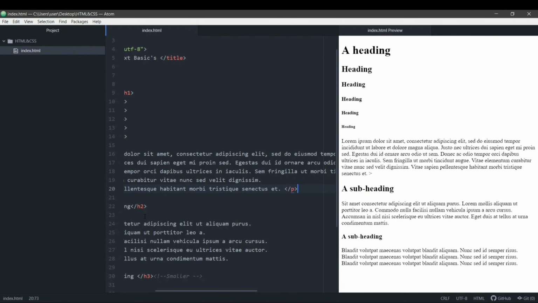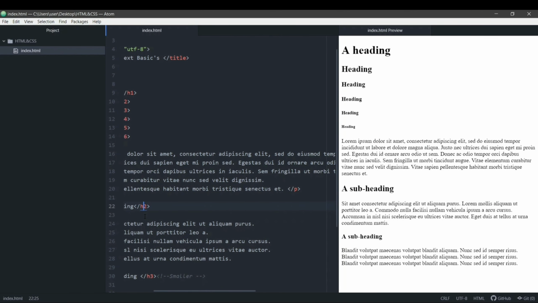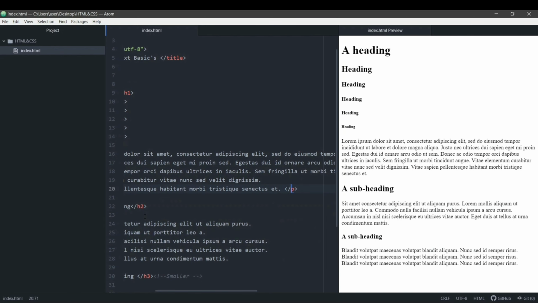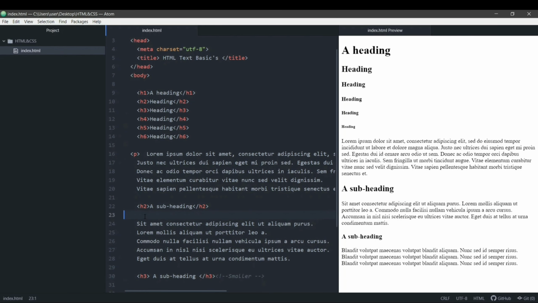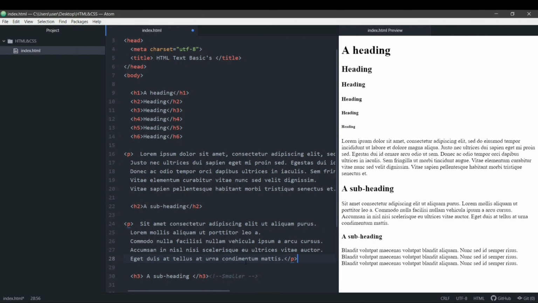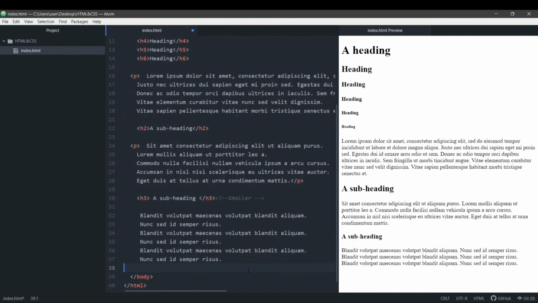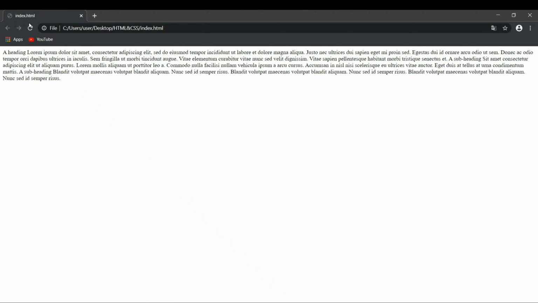And we'll save it. To save, you can just click Ctrl S. Okay. Now, here also I want the browser to know that this is a paragraph. So again, I'll add a P tag here, and I'll add a closing P tag over here. Again, same for the H3. This is also a paragraph, so I'll add a P tag here, and at the end of this paragraph, I'll add a closing P tag. And I'll save it. Let's check it in our browser.